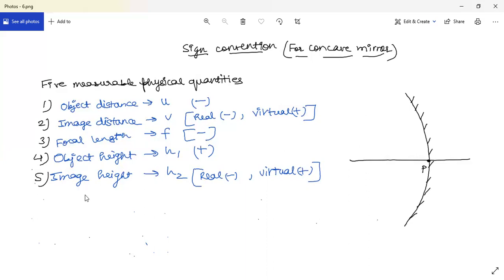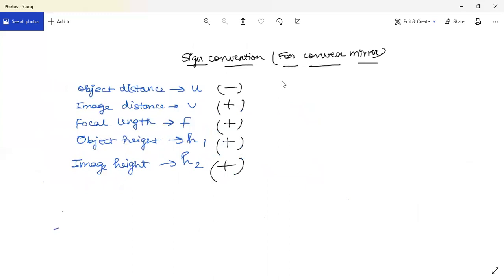And image height, again, according to real or virtual. If it's real, it will be negative because it'll be inverted. And if it's virtual, it'll be erect, so it'll be positive. Fine? Easy? Now, when we go for sign convention for a convex mirror,